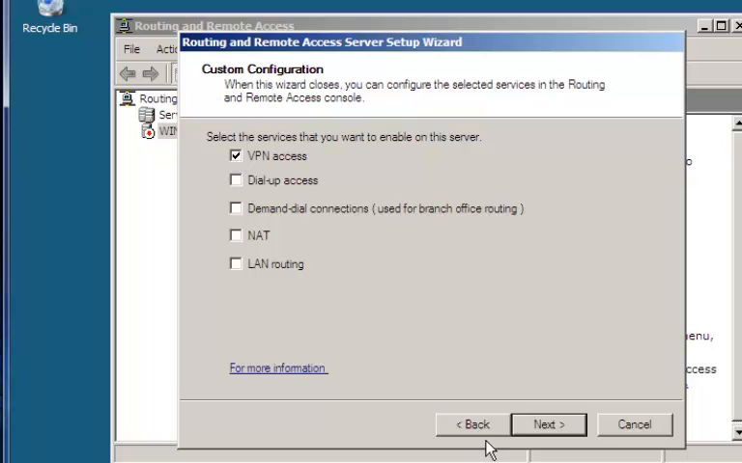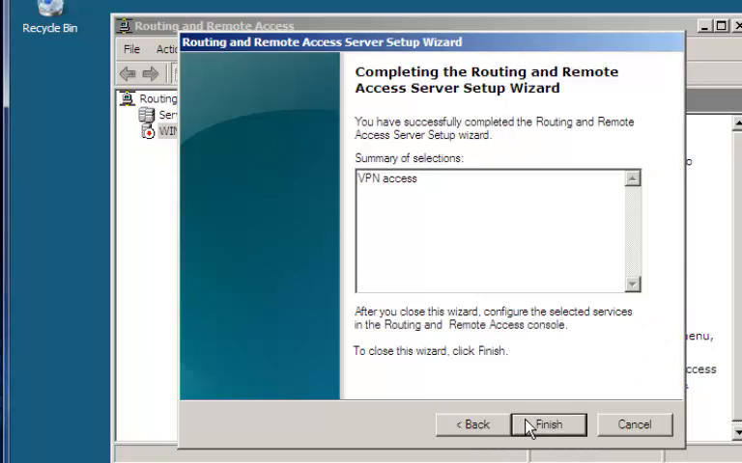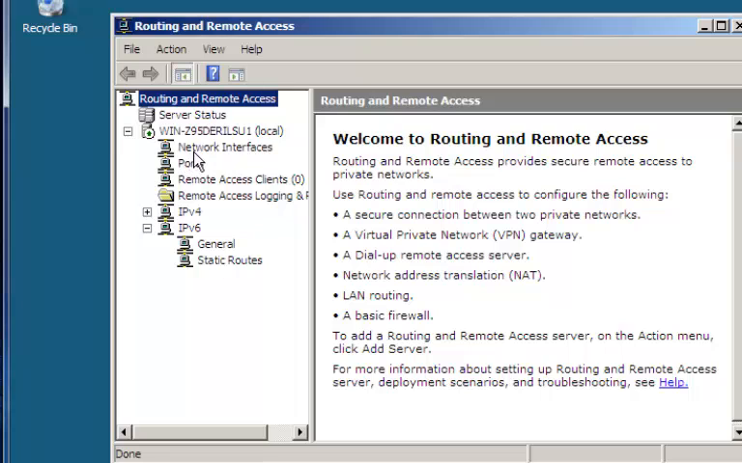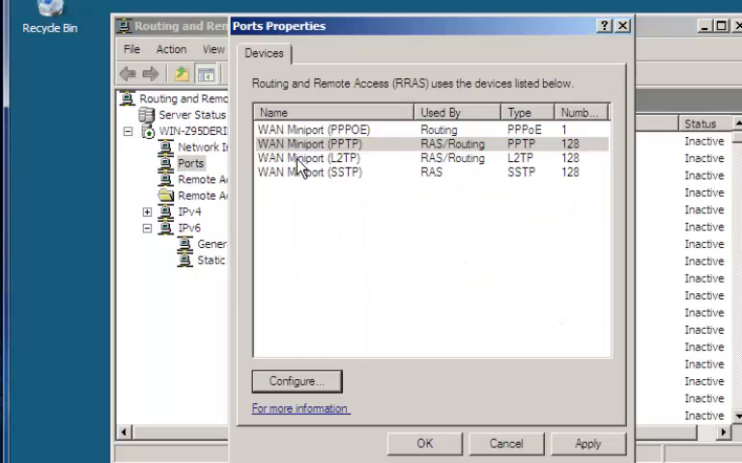VPN Access. I will click Next. I will click Finish. I will click OK. Routing and Remote Access. I'm going to start service. I will click on Ports. I will configure one mini port